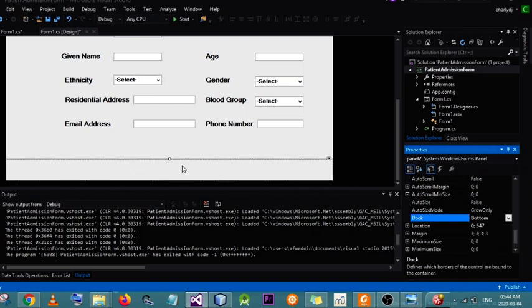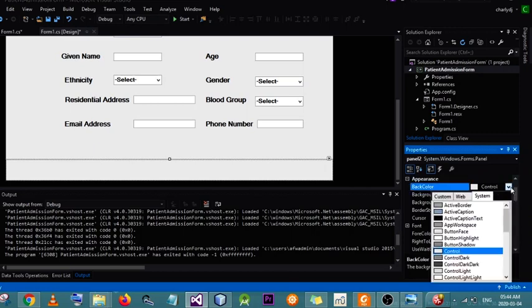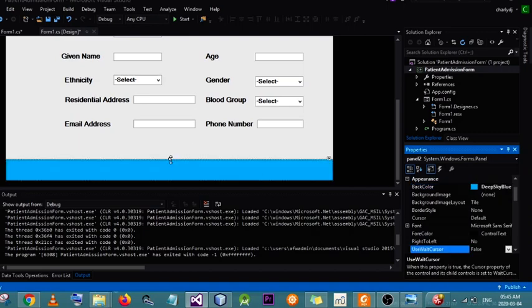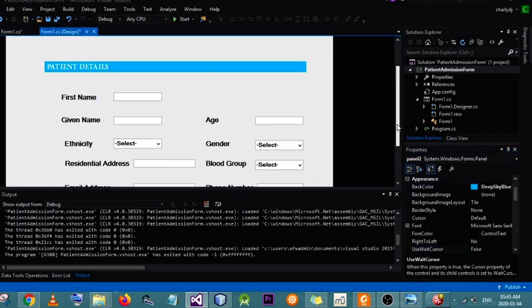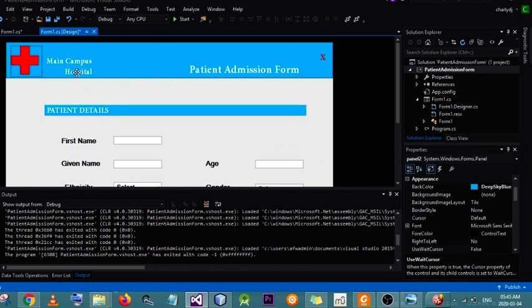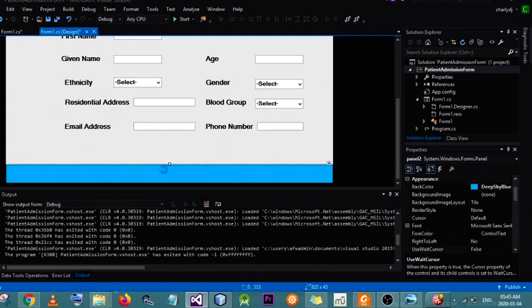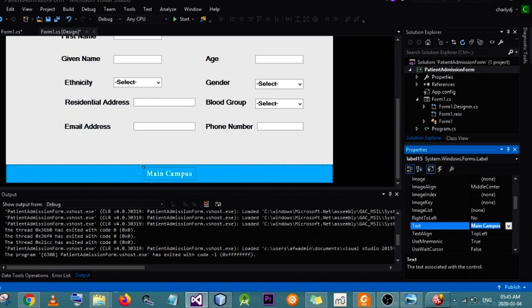Okay, then we have to change the background color. Same thing that we did for the header. We are doing the same for the footer part. Back color, deep sky blue. Okay. I just write something, you know. I'll copy this and paste it right here. Change the text and say, okay,